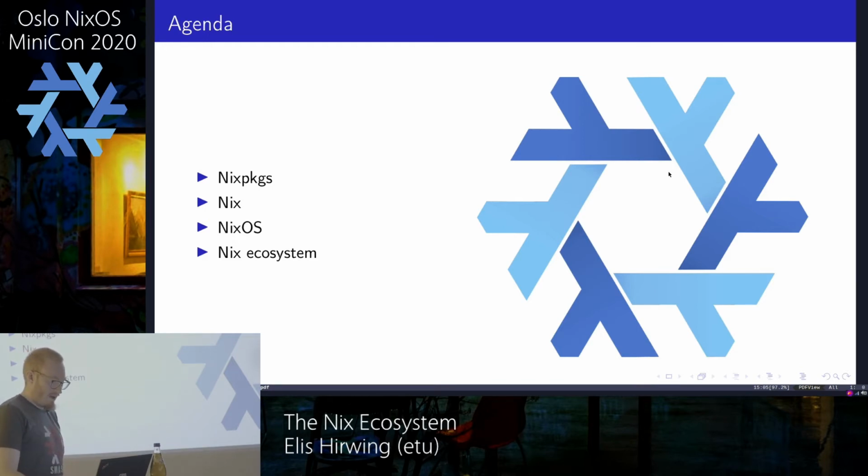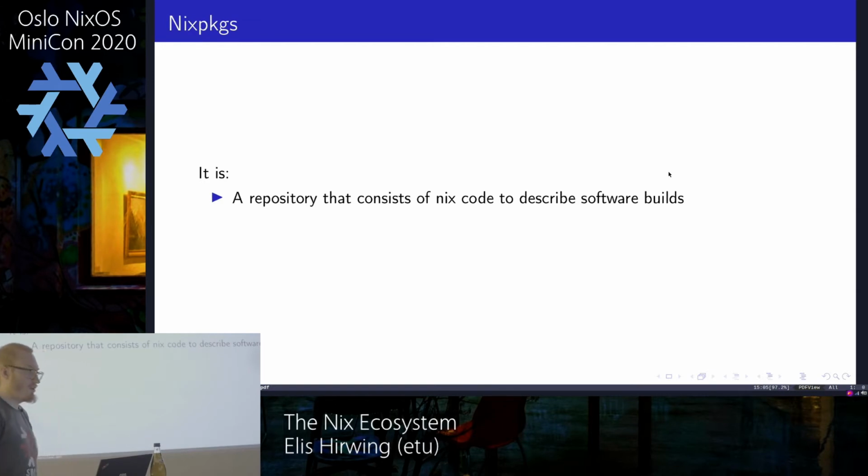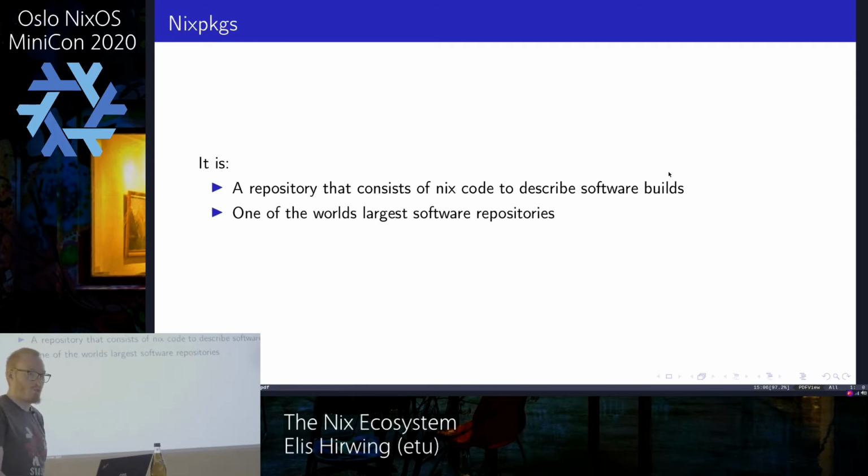So starting with Nixpkgs. Nixpkgs is a repository that contains all the packages, like the main repository. And it's written in the language Nix, which is a bit confusing when you're new, because we use the word Nix for a lot of different things depending on context. Nixpkgs is also a huge software repository, absolutely huge. At least if you count computers and not app stores for phones. It's not really the same ballpark.